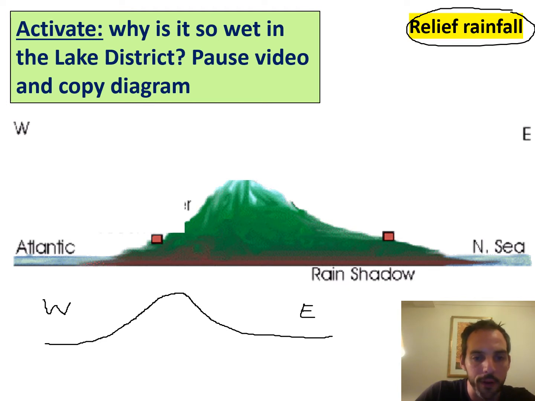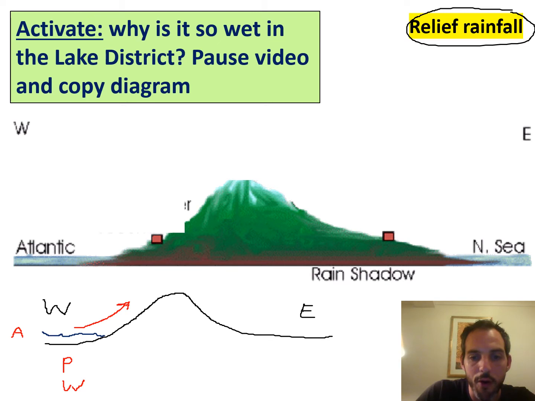So what happens is the prevailing wind, I'm not going to write the whole word because I'm doing this with a mouse, so you have to forgive me for the presentation. So this is the prevailing wind. So you can complete that. The prevailing wind comes in from the ocean. It comes in from the Atlantic Ocean. You can complete that too. It comes in from the Atlantic Ocean, and as it hits this range of hills,